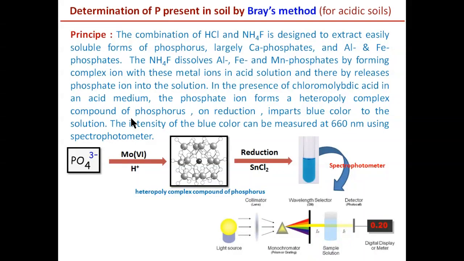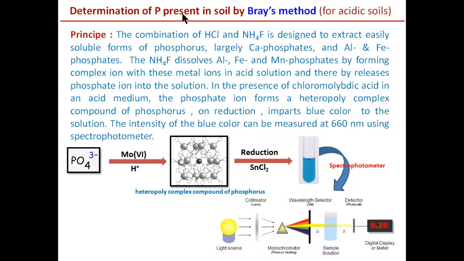So we have two methods for the determination of phosphorus in the soil. The first method is the Bryce method. Here the Bryce method is for acidic soils. So we'll see one by one. In the Bryce method we can determine the phosphorus by using